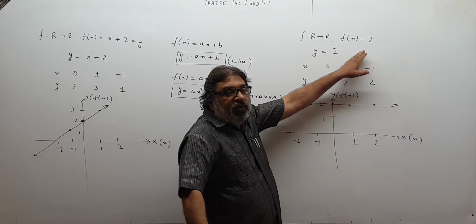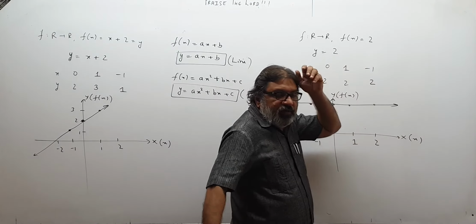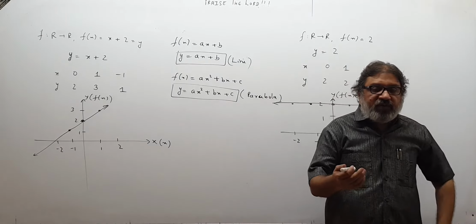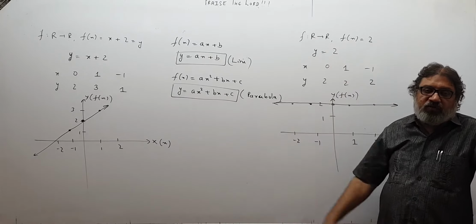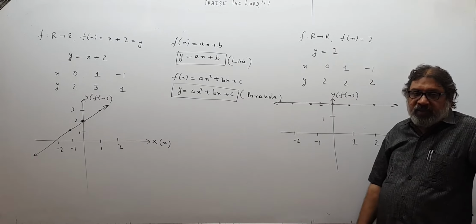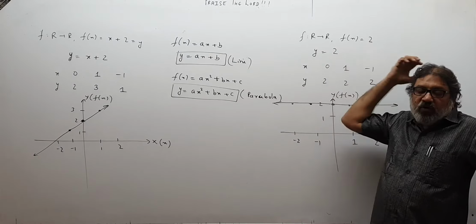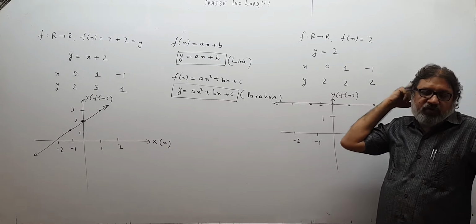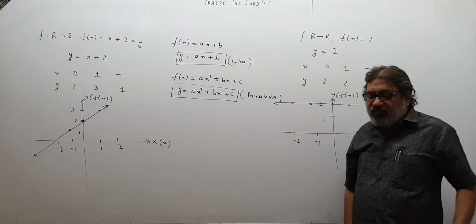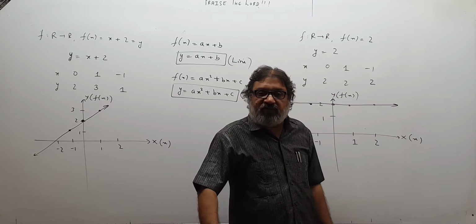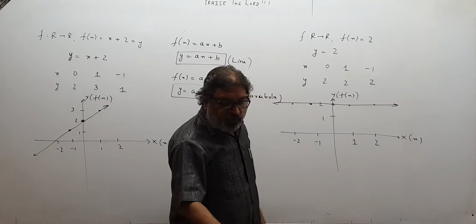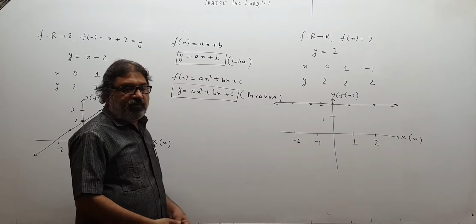So we can see the graph will be a straight line, a horizontal line parallel to the x-axis. So f(x) equal to 2, it is constant, it will not change if x changes. The value of f will remain constant, always remaining 2. This type of function is called a constant function. In the formula, if x is not coming, then it is called a constant function. And you can see the graph of a constant function will be a horizontal line parallel to the x-axis. So this way the graph of a constant function comes.